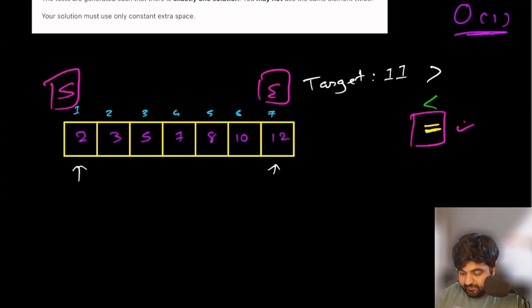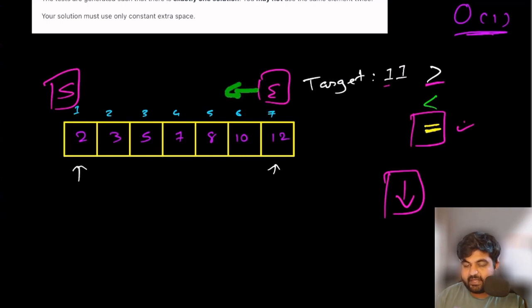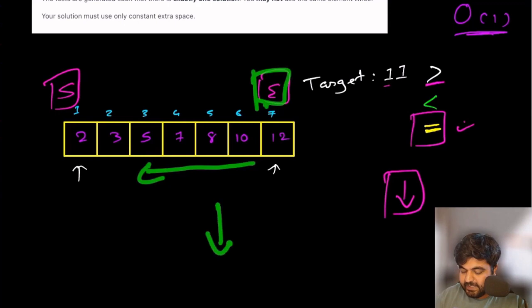But if in any case we identify that the sum is greater than our actual target sum, what we need to do is bring the overall sum down, and for that we are going to move our ending pointer to the left, because that way the overall sum would come down. All the values to the left of this end pointer are guaranteed to be lesser than the value we have over here because of the sorted property. So this is a huge thing we need to consider.